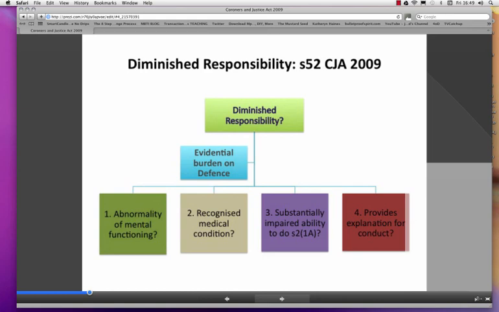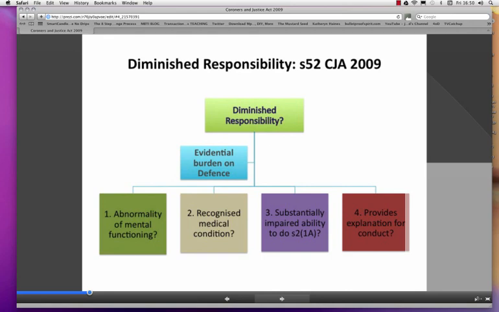Now let's have a look at diminished responsibility in a diagram format. So the definition in a diagram format would look like this. Our key section is Section 52 of the CJA, Coroners and Justice Act 2009. Now, the evidential burden is on the defence, and the defence of diminished responsibility can only come into play once the prosecution have proved the actus reus and mens rea